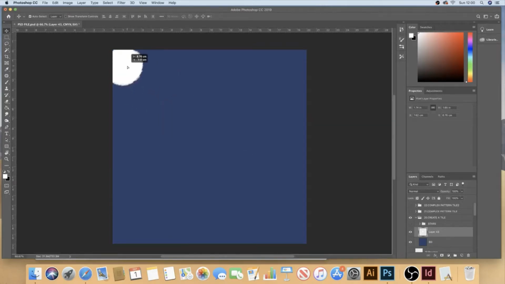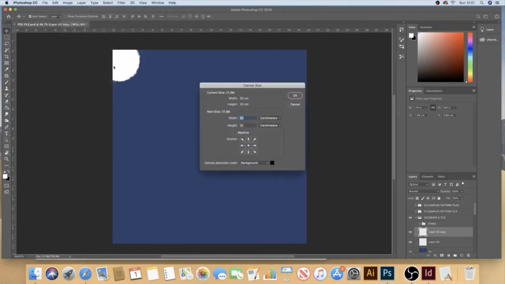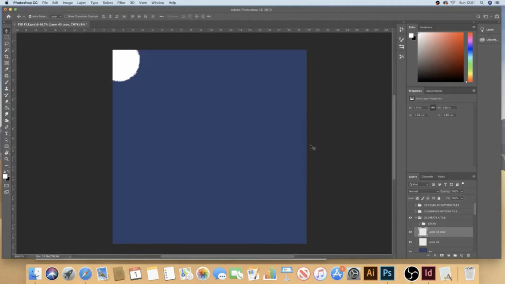So let's move this into the corner here, then we'll go Command J to copy the layer, and Command T, or Control T if you're on the PC, to free transform. So you want to make sure this triangle is on, so you've got 0, 0 here, and the canvas size is 20 by 20 centimeters or 200 by 200 millimeters. So let's copy that across, so it's 200 millimeters across,